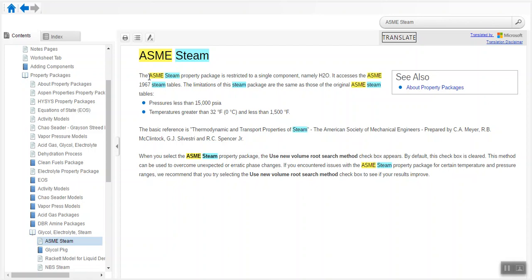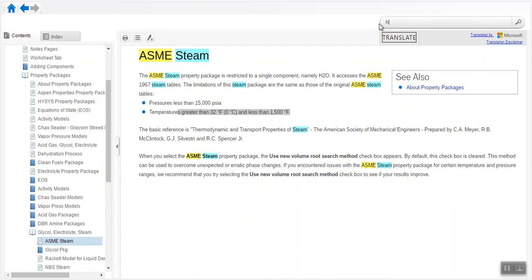It accesses the ASME 1967 steam tables, and it has limitations: pressure should be less than 15,000 psia, and temperature must be greater than 32 degrees Fahrenheit and less than 1500 degrees Fahrenheit. So this property package is associated with some limitations as well.